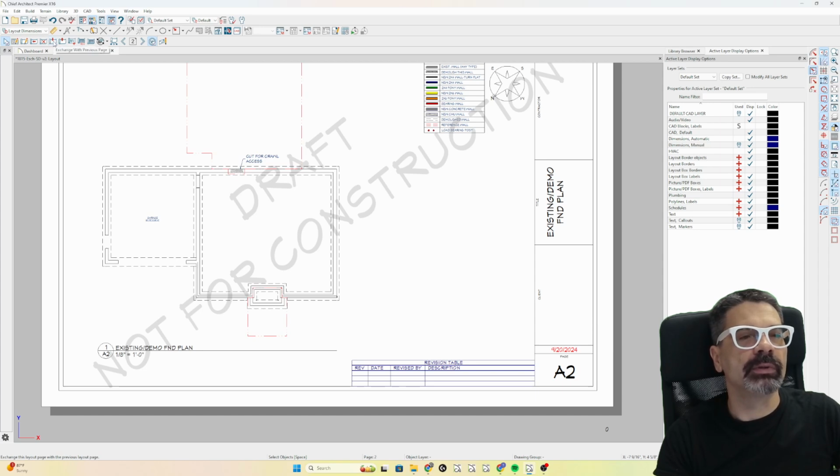Say I want to exchange with the previous page. I want to make the demo plans exchange with the next page. So page 2 becomes page 3 and 3 becomes 2. So you kind of have to watch the title of the page. The way I've got it set up is